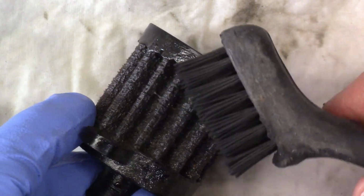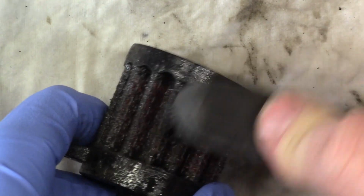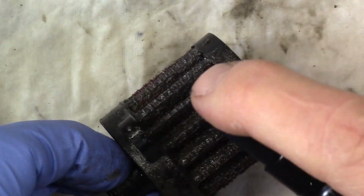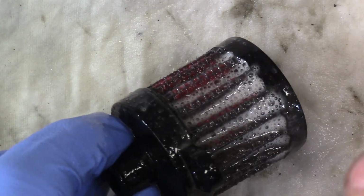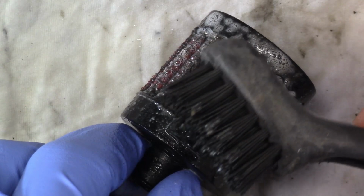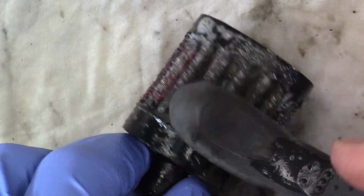I'll just use this nylon brush here to kind of come in and agitate the actual oil and debris that's stuck to this thing. And I'm going to hit it just with a little bit more of this degreaser. This cap is not the best on this thing, I'll tell you. There we go. You really need to soak this, I think, to make it work. And I'm going to use like a scooping motion, not straight across. I'm going to try to scoop the material out